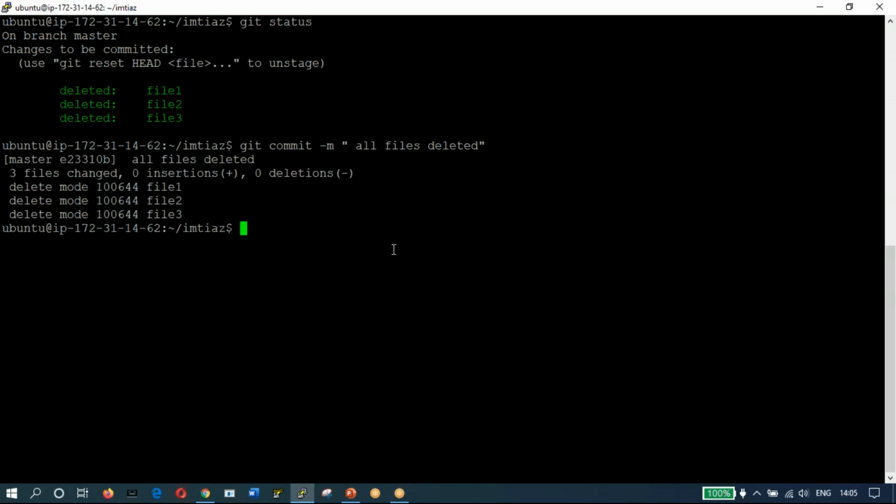So you can see guys, we have committed all these changes. Now you can check the status, git status, right? It says on branch master, nothing to commit, so it means the working directory is clean. Now we want to revert. We can see the log now, git log